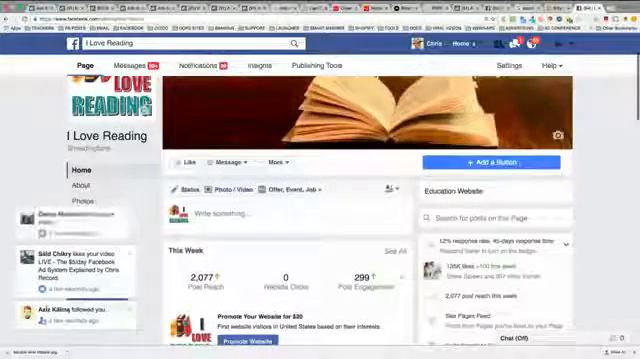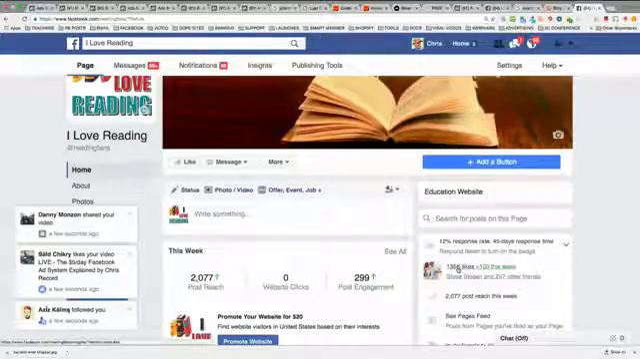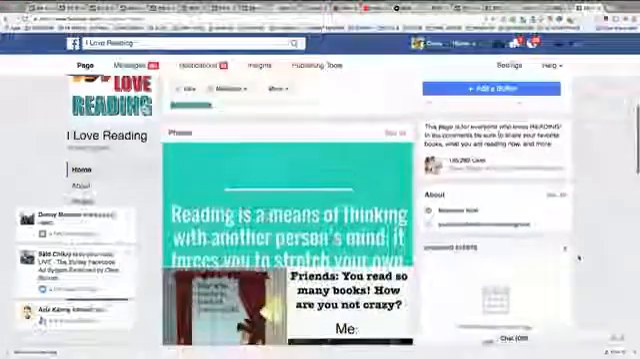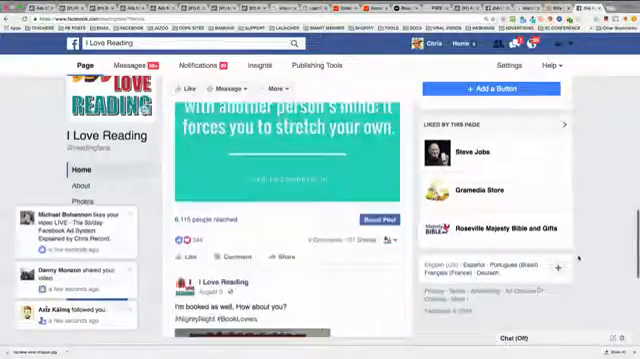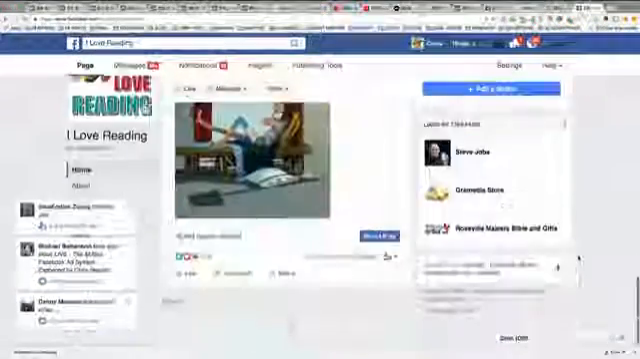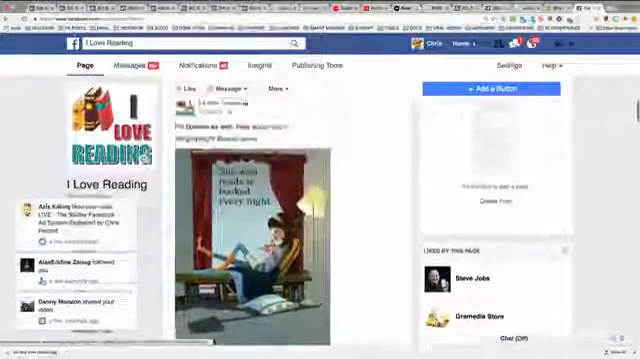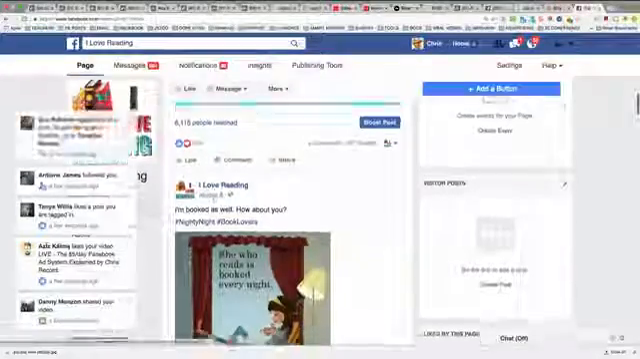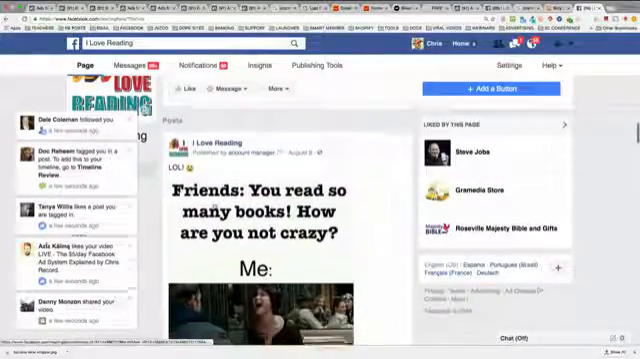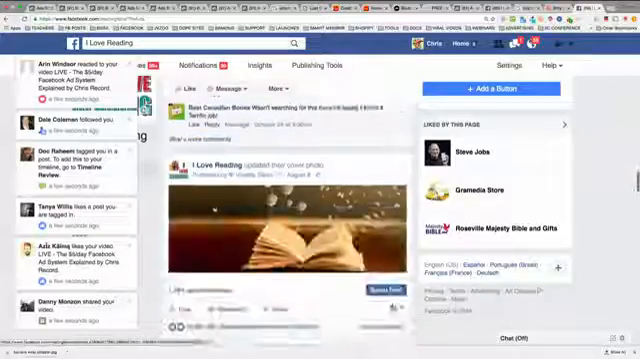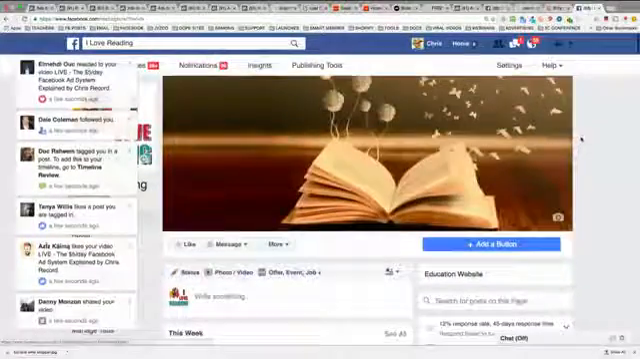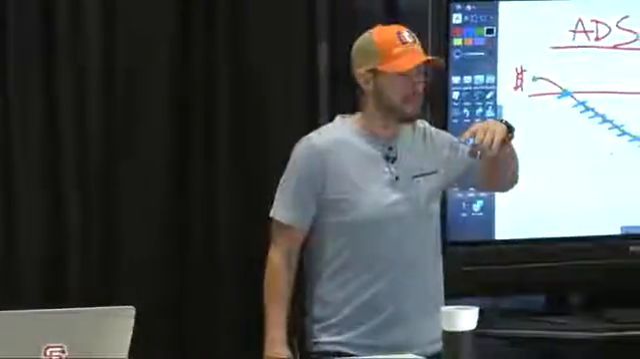I love reading. 135,000 likes. 100 this week. I haven't touched this page in years. It just has automated posts going to it. And look, still 16,000 people reached just on a basic picture, August 8th. This is the most random stuff on here. I love reading. Okay, the point is, I did this for 2 years, lost money, then finally my friend proved